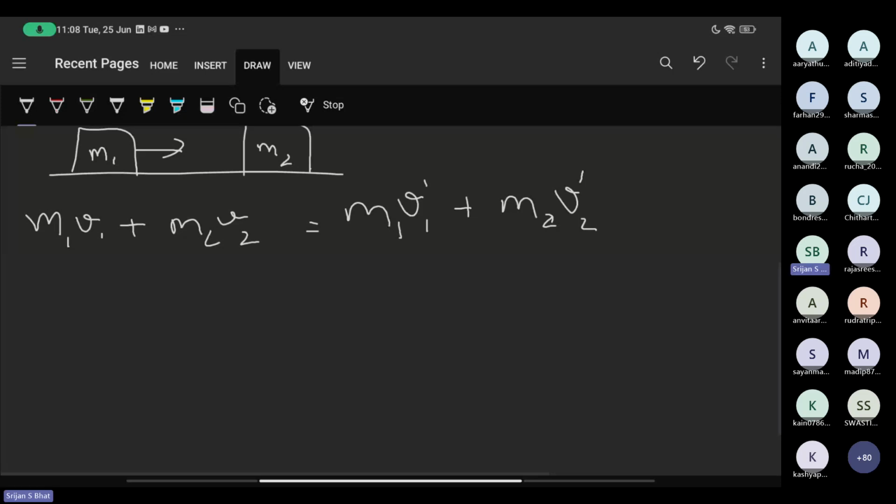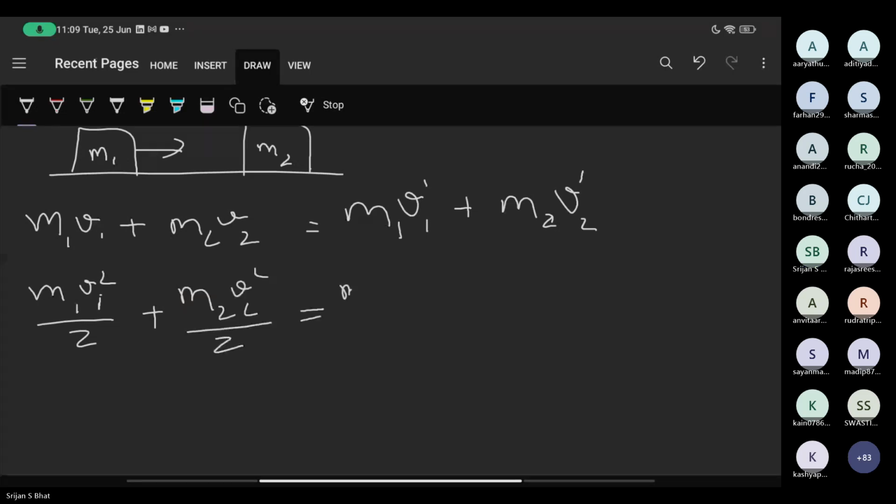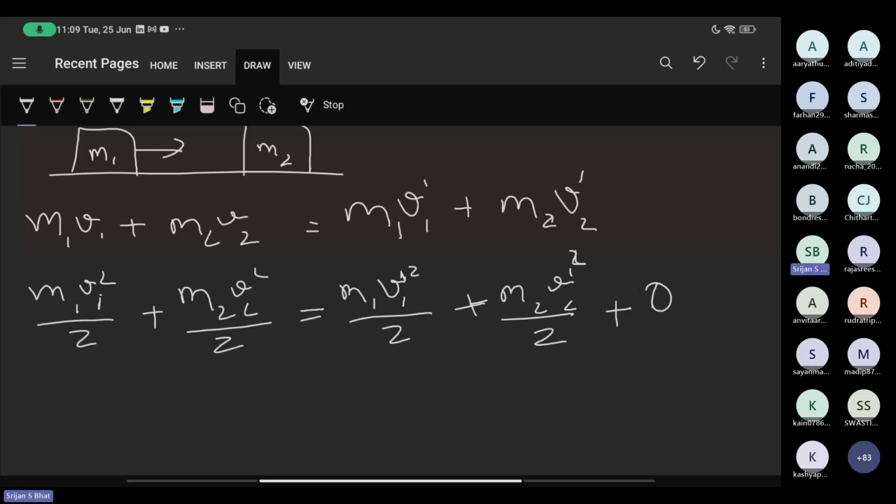So we can write it as half m1 v1 square plus half m2 v2 square is equal to half m1 v1 dash square plus half m2 v2 dash square plus Q.